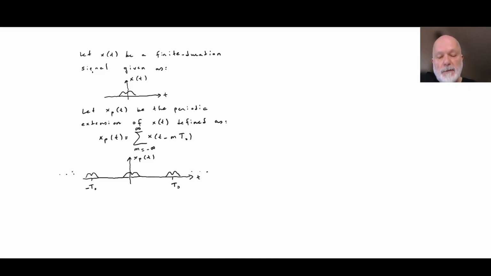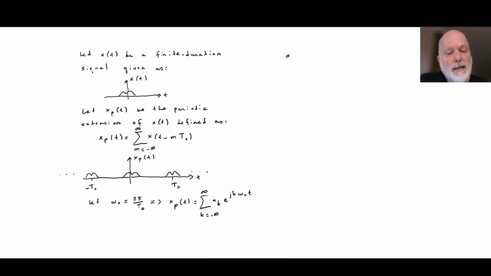Now xp of t has the Fourier series representation. So let omega 0 be 2 pi over T0, and we will have the Fourier series representation of xp of t as follows: the sum over k from minus infinity to plus infinity of ak e to the j k omega 0 t. Okay, the coefficients ak